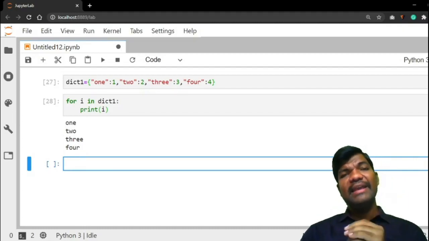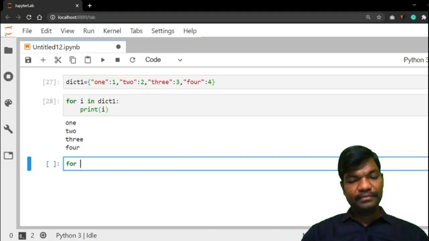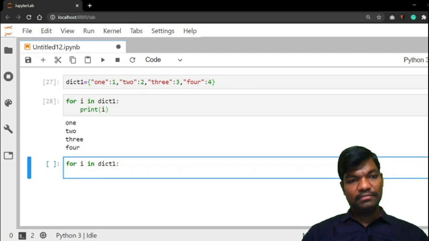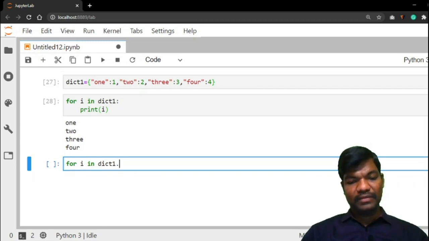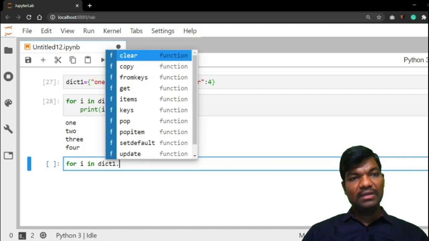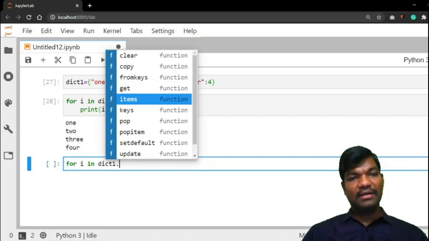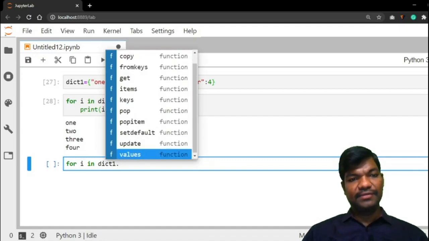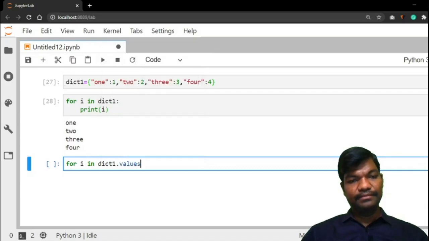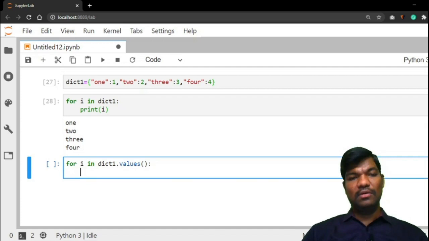Suppose you want to display values: for i in dict1.values(), colon, print of i.